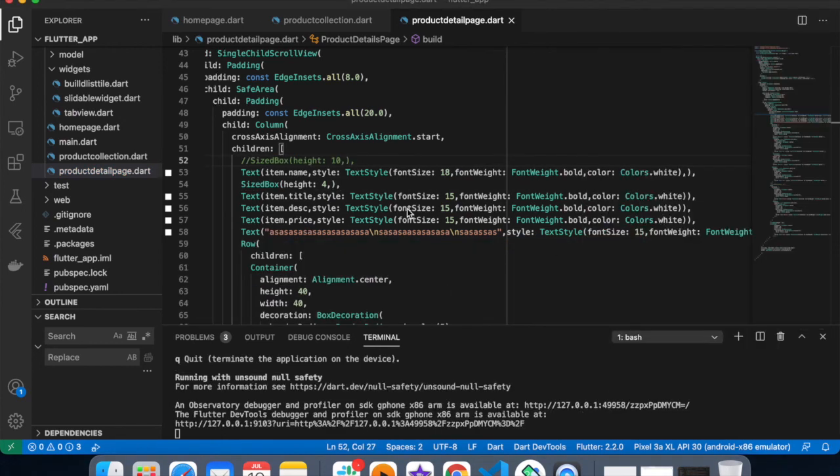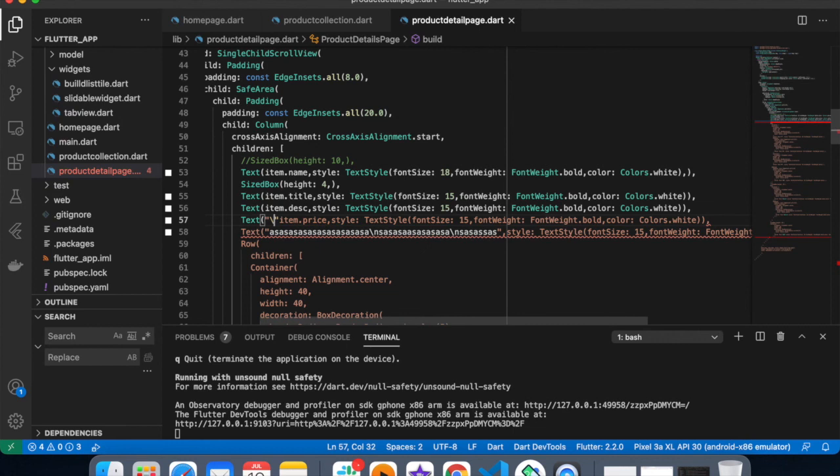So let's give one item price. Let's add a dollar symbol to this, with one space before the price.